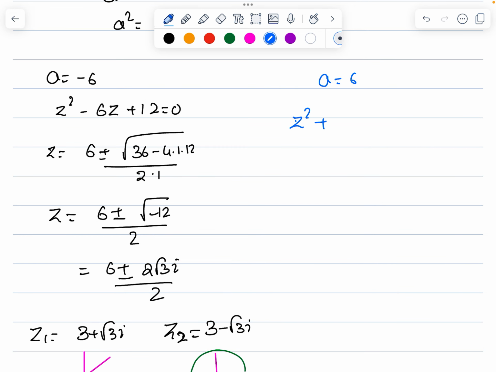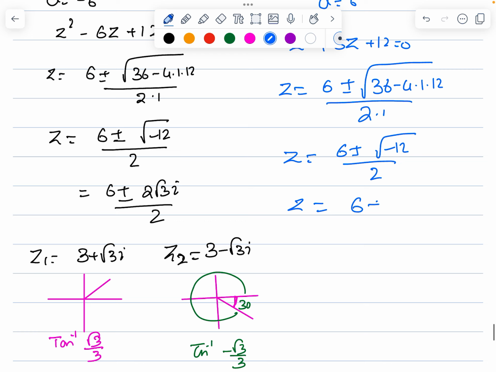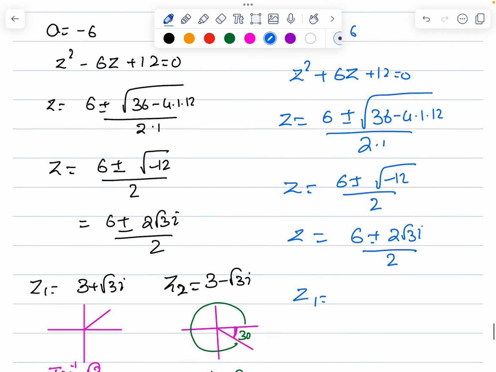So it becomes z square plus 6z plus 12 equals 0. So z equals minus 6 plus or minus square root of b square minus 4ac upon 2a. So z equals minus 6 plus or minus square root of negative 12 upon 2. z equals minus 6 plus or minus 2 root 3i upon 2. So z1, what do I get out? z1 equals, this is minus 3 minus root 3i,